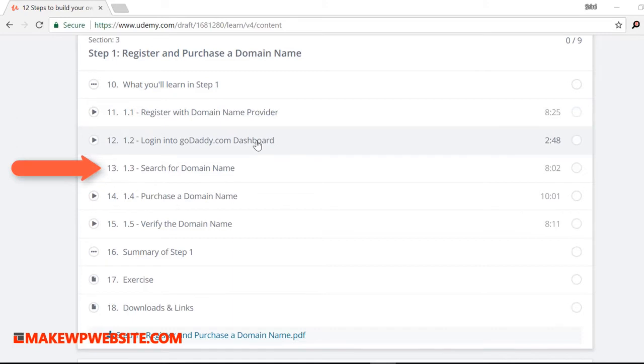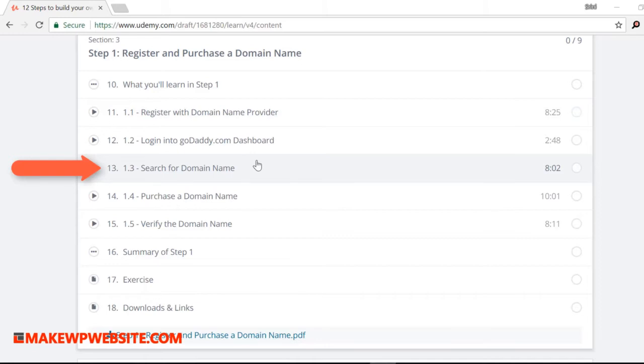In 1.3, basically it is a brainstorming session. This is not a buying session. This session will help you understand, let's say you want to buy a domain, like a travel domain, right? This section will help you understand how to do a brainstorm, because once you go and type travel.com, obviously you cannot find that domain. Well, that domain might have already been purchased. So I'll give you some tips on how to do a brainstorm to find the right domain, right?